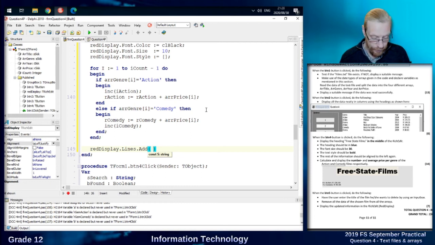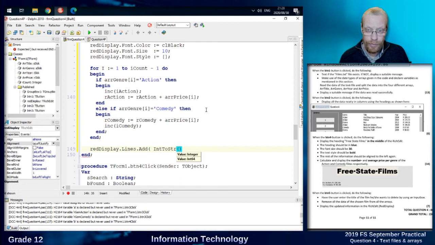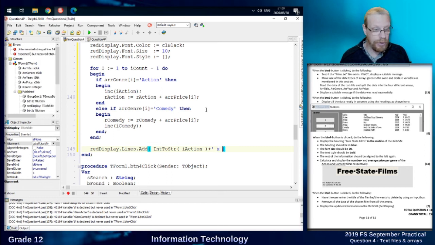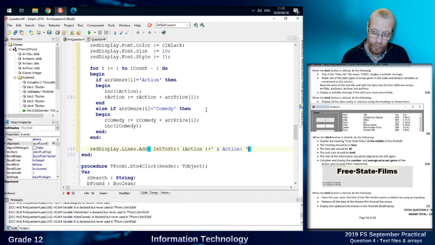and it will be int to str I action plus times action and we can add the average now